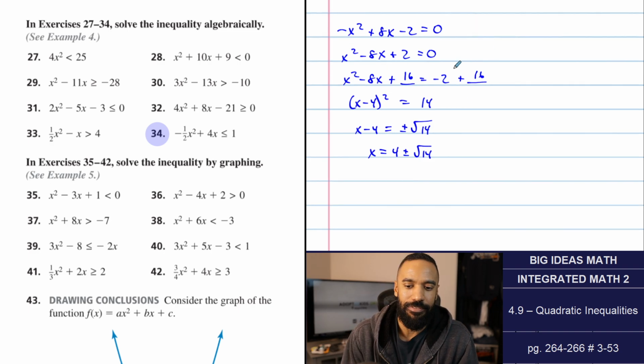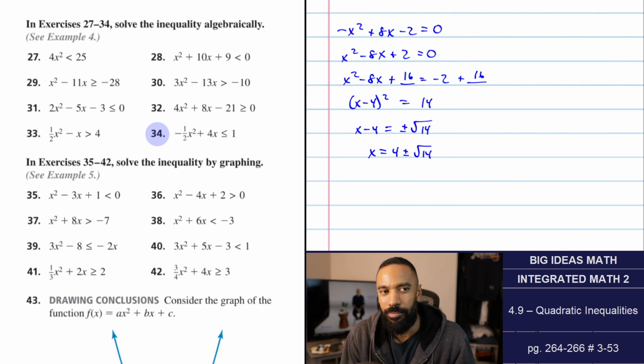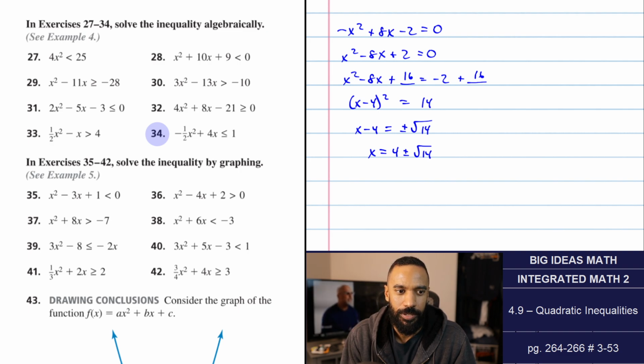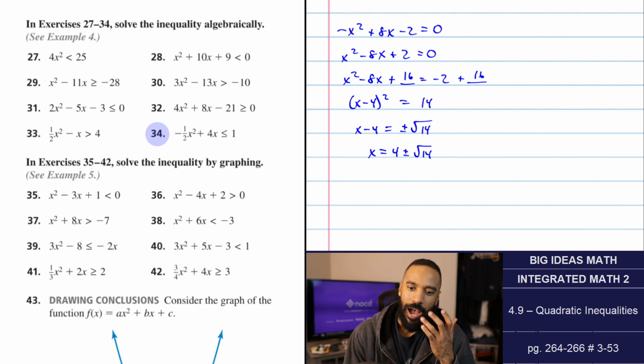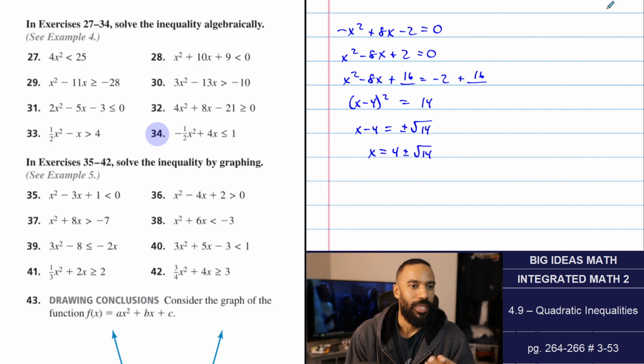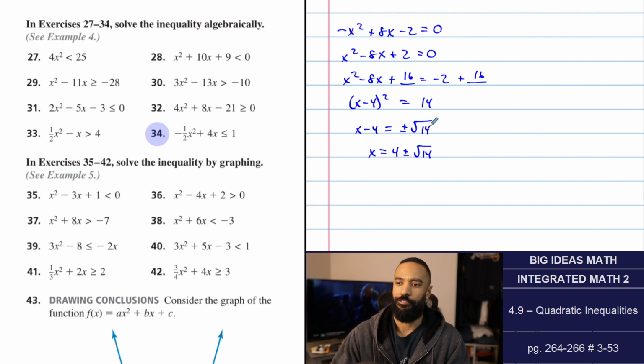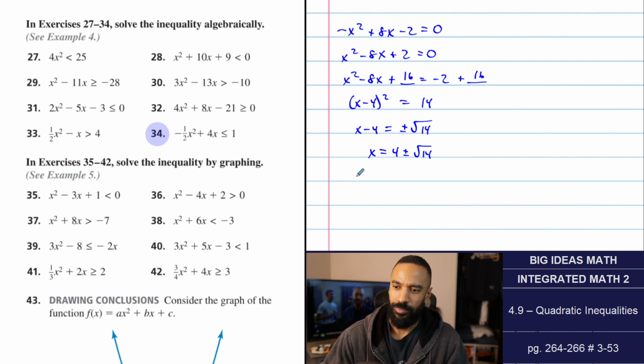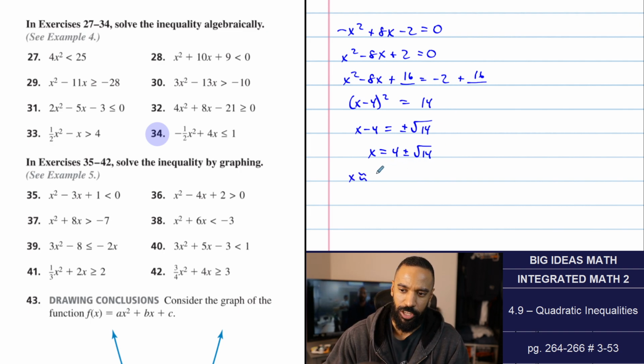Now, for the sake of these problems, you probably want to approximate them. 4 plus root 14 and 4 minus root 14. I'm around to just one decimal place. Actually, let's do 2. 7.74. These are the critical values, by the way. 7.74 and